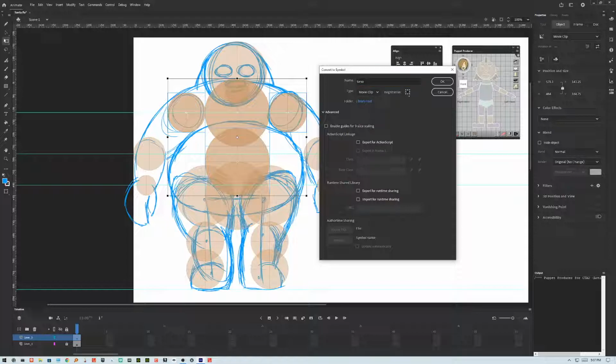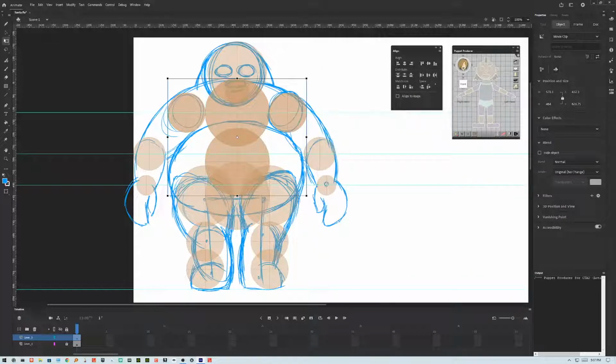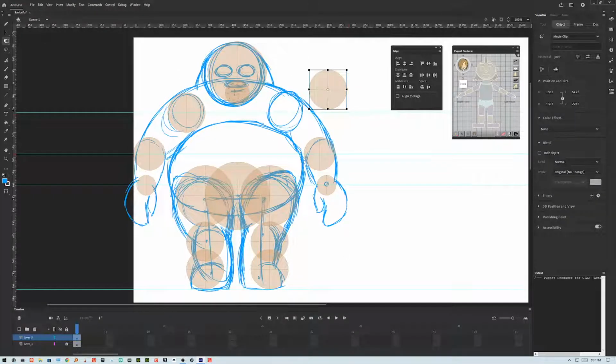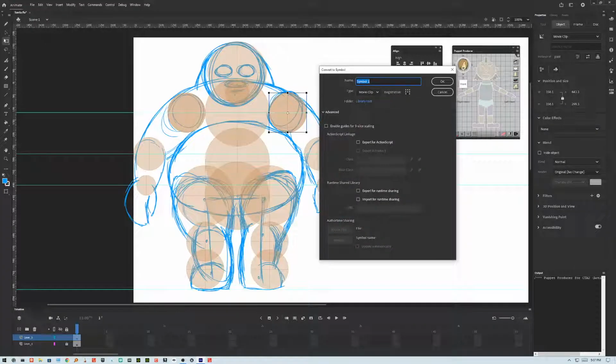And that's going to have the point at the bottom. And because I made a torso, I'm going to delete these two. Control Shift V. Move that to the bottom. So hit F8. That's going to be